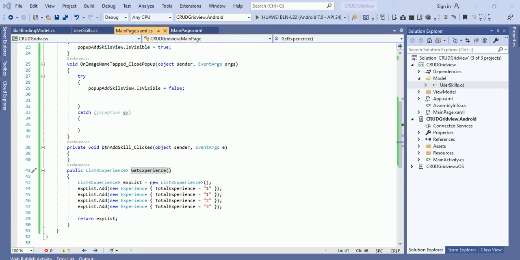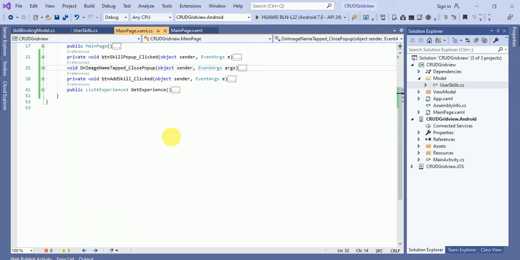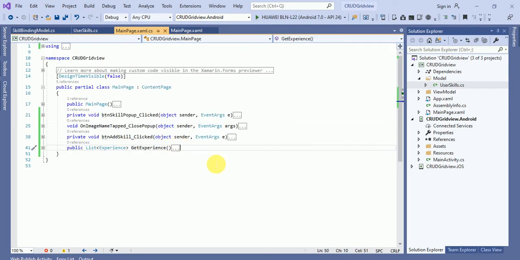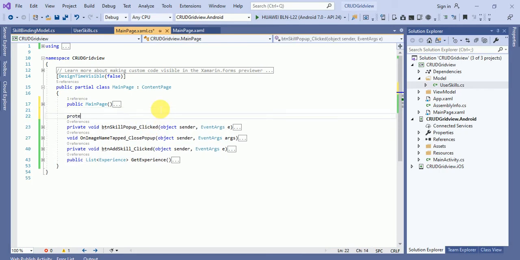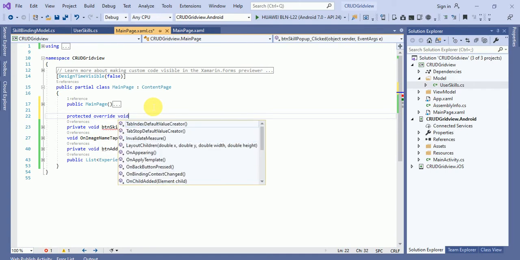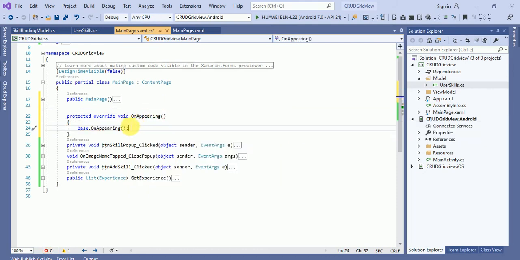For that we have to create an override method. That method I will create over here: protected override void OnAppearing. Inside this event handler we will add our get experience list.